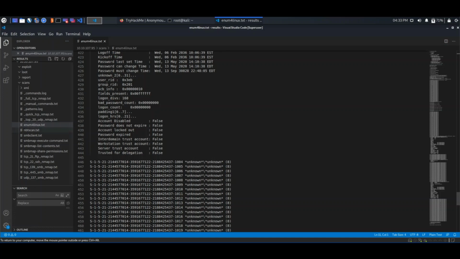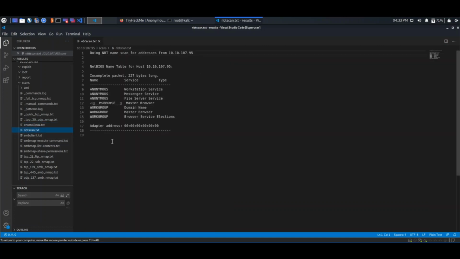Now coming to the next part, that is the NBT scan. As we saw that the NetBIOS SSN port was also open, it is very normal for AutoRecon to use its logic tree and run this scan. I guess at this point you must be getting familiar with how AutoRecon works. It basically runs an nmap scan at first, and based on that result it's going to link up with more and more resources and tools that would be useful.